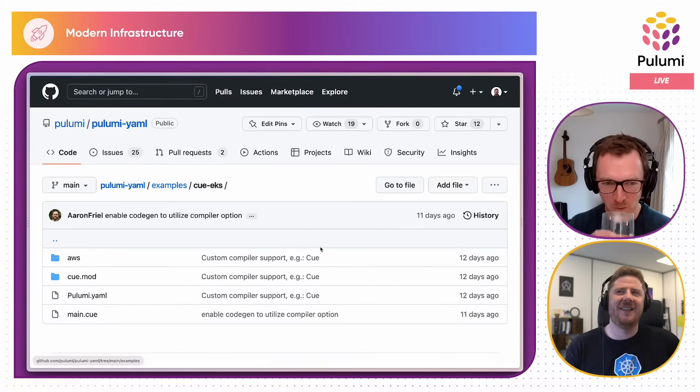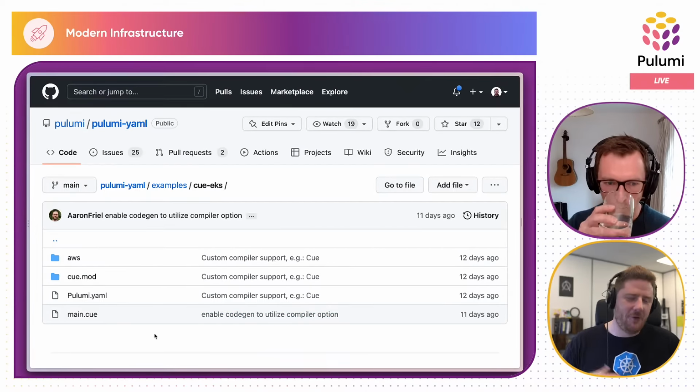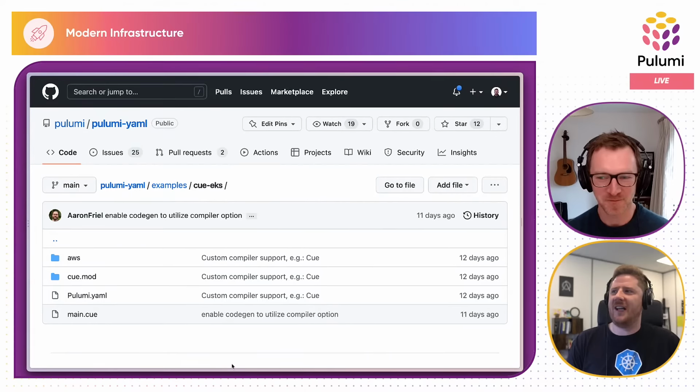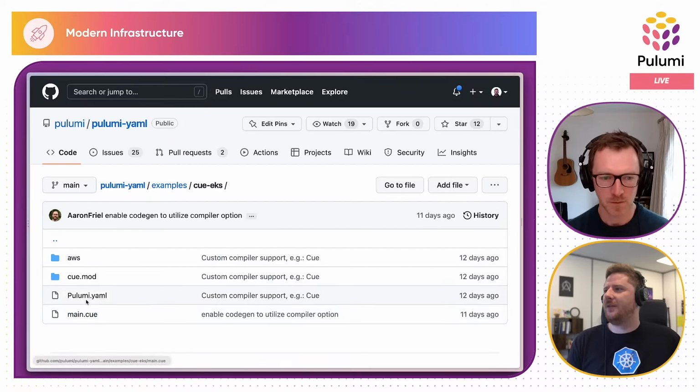Well, let's go to the good example. Mostly because I don't have Azure credentials on my machine right now, and I don't want to have to try and do that live because I've never used Azure. So we'll just use QEKS. So this was the fun demo that I worked on. I was like, okay, how can we spin up a Kubernetes cluster with Q? And I went down a different route.